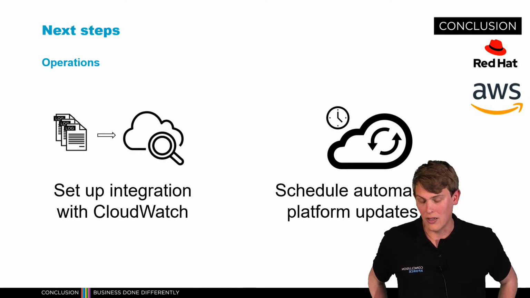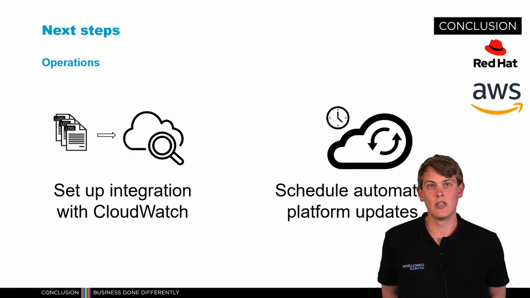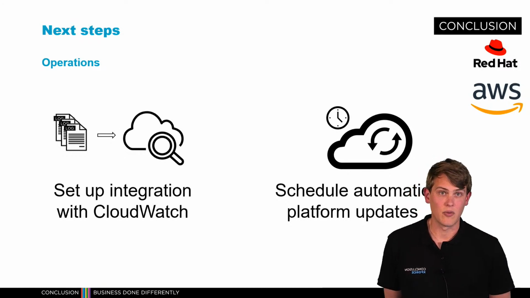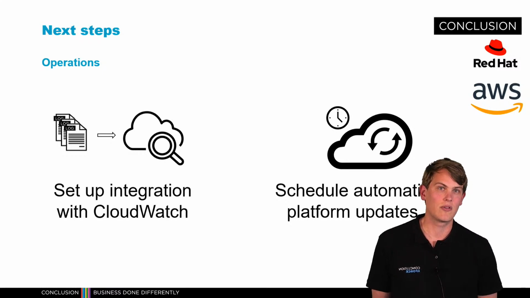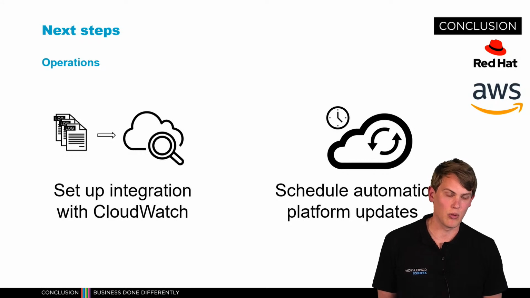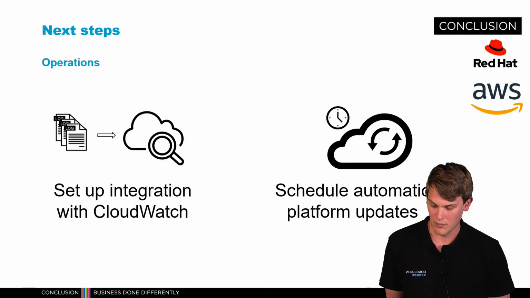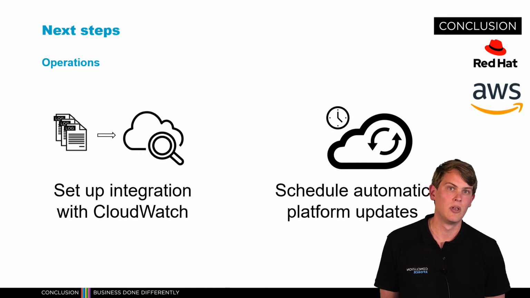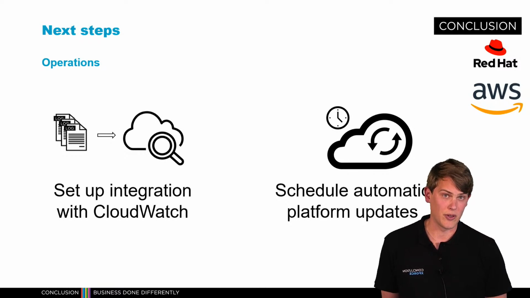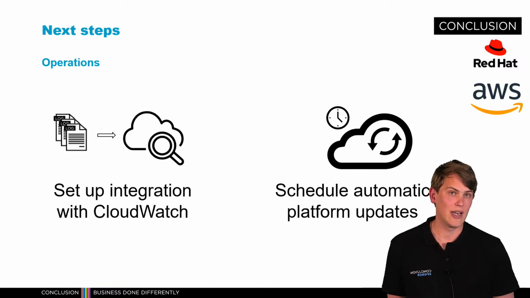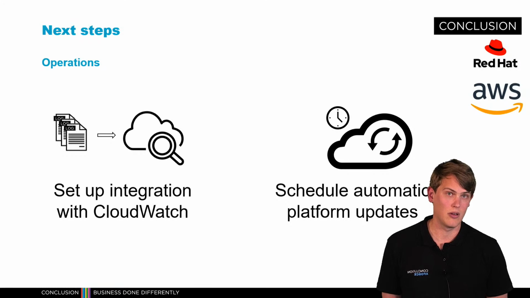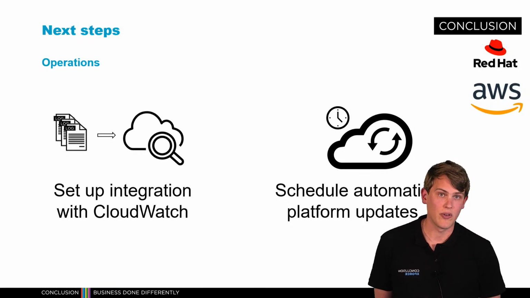And one other thing is you can schedule automatic platform updates. Red Hat SRE is responsible for the successful rollout of an update. They will even scale your cluster up so your total cluster capacity is always available even when there are updates running. So they will automatically scale your cluster up so there's always enough capacity for your production workloads. And scheduling updates is possible via the Red Hat Cloud Console, or via the ROSA CLI.